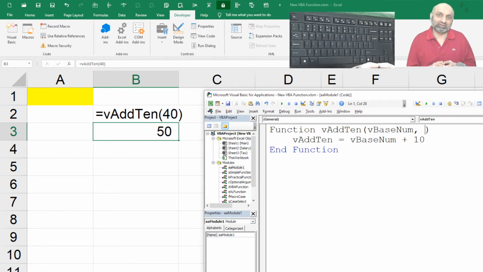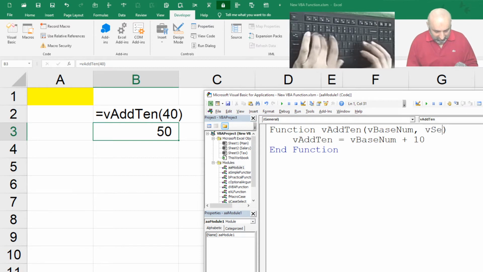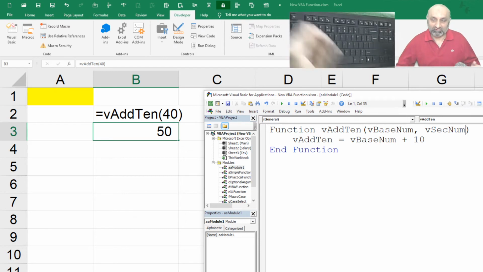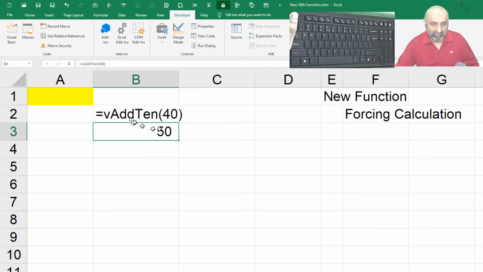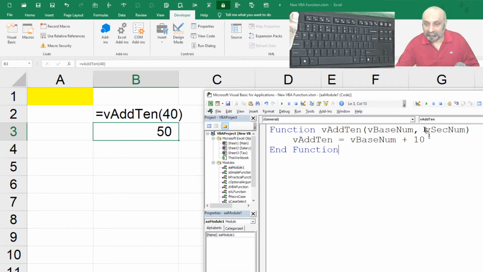Just like in a function we separate parameters with a comma, just like that I will separate the variables within the bracket in VBA while defining the function with a comma. So the second would be vsecnum, sec num. So this will be the second number, and first let's do some calculations.